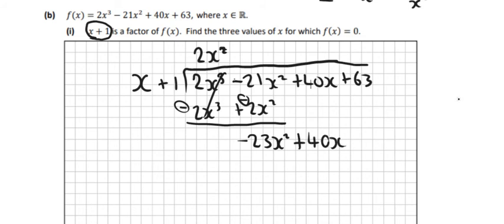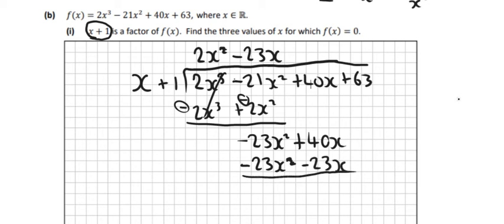and then we're going to divide in again, so x into minus 23x squared will be minus 23x, and then multiply, so minus 23x times x is minus 23x squared, and minus 23x times 1 is minus 23x. So let's subtract them again, so we have to change the signs here, so that's going to be 63x, and then I'm going to bring down the plus 63,